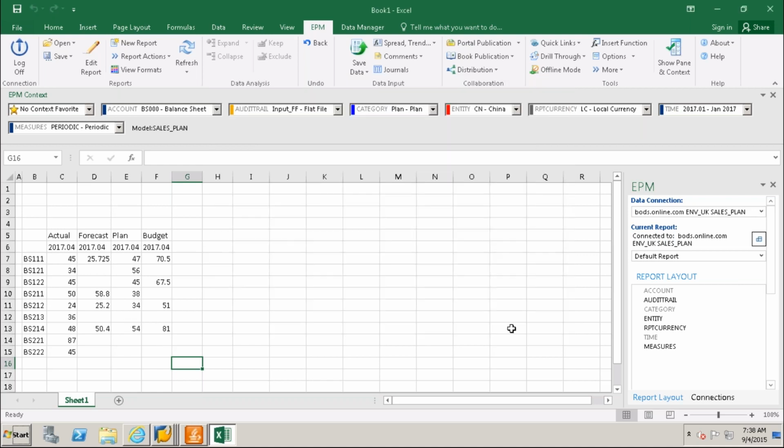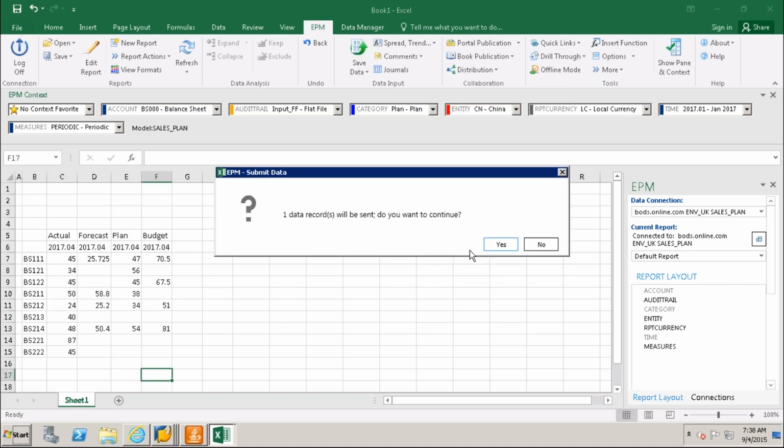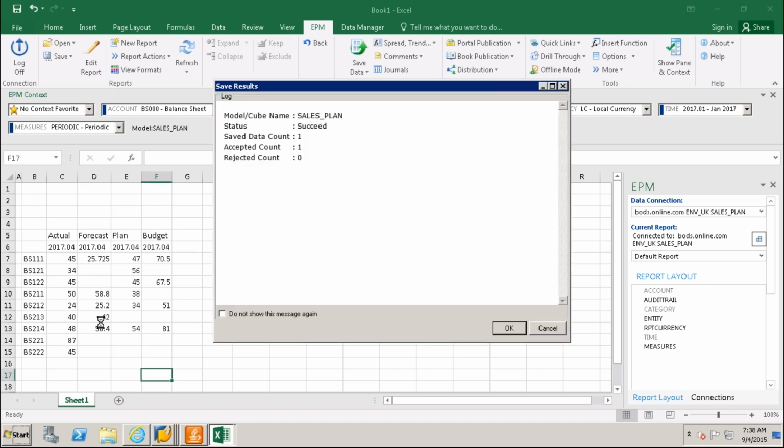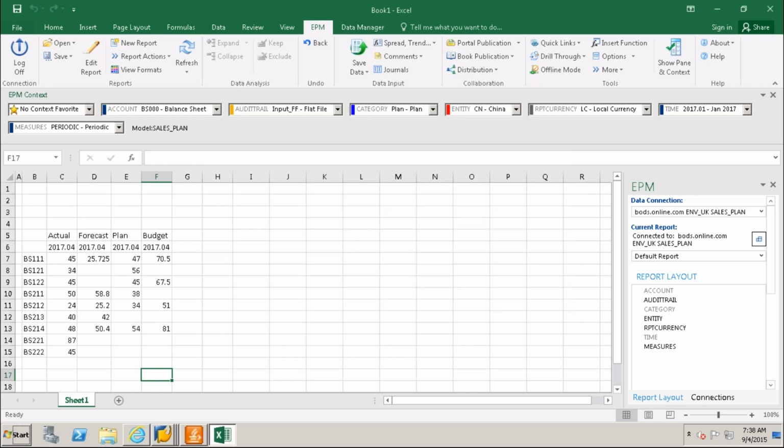One more thing we can do here: 36, I'm making it 40 and save. Yes, 42. Now it is only working here because there is no planned data. Only the 40, 42 actually worked. Refresh.